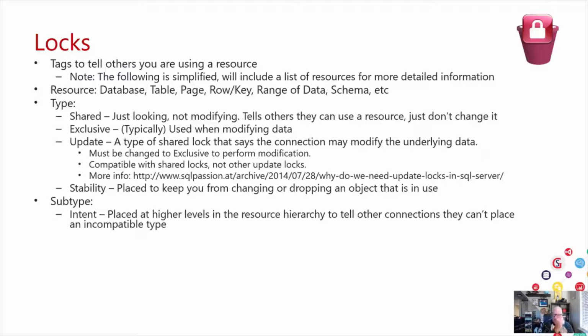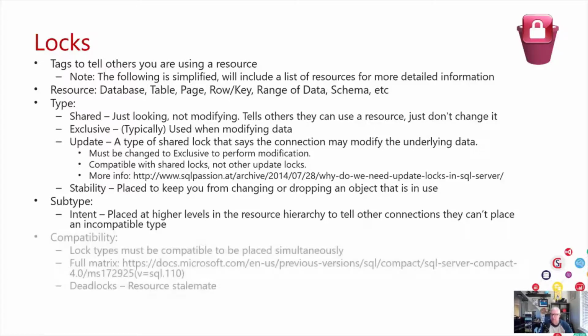And then at the object level, there'll be an intent lock. And this makes sure that anybody who wants to take an incompatible lock lower in the chain doesn't try to take that lock at the high level, because someone already has things incompatible lower. And that is there to cut down on deadlocks. So we don't accidentally put on